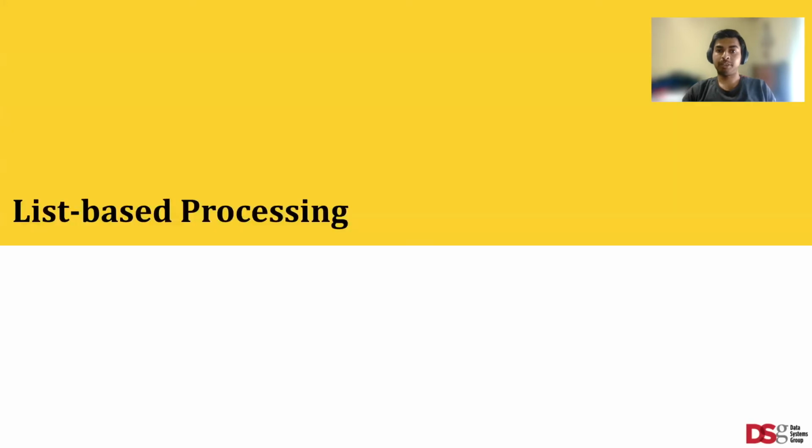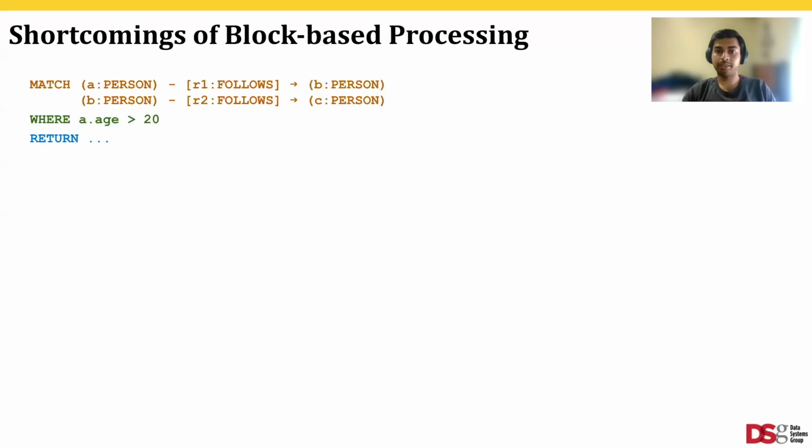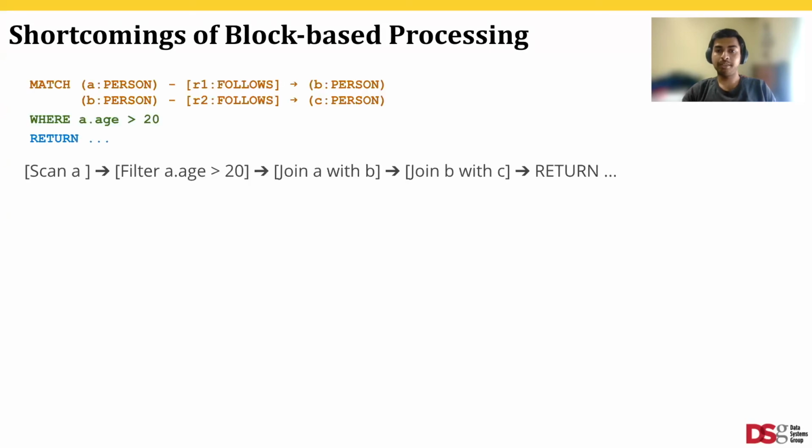To motivate our case for a new query processor, we first revisit the design of the block-based processor. Traditional block-based processor falls short of being performant on many-to-many joins. That is the USP of graph data. Consider a two-hop query on person nodes with a filter on age property of first node. I use a simple left join plan that scans the person, filters by age, and joins from A to B